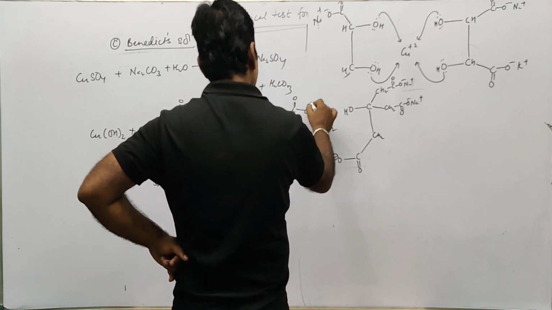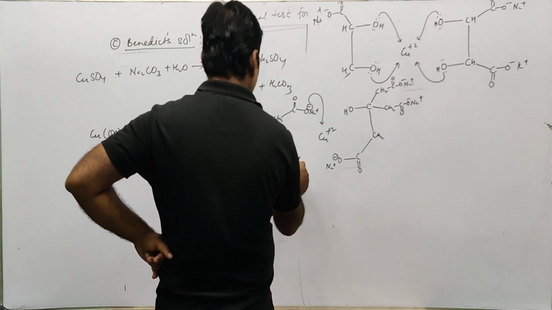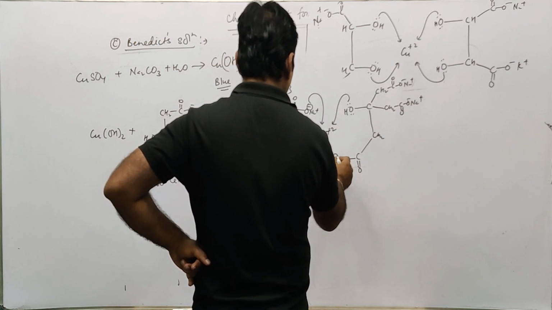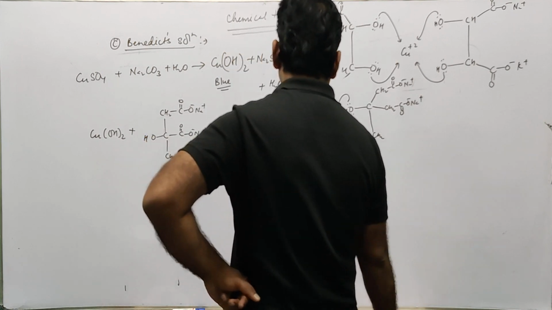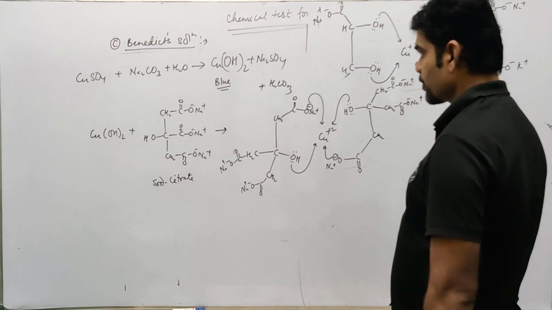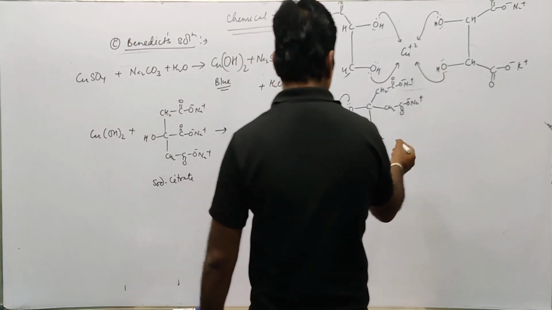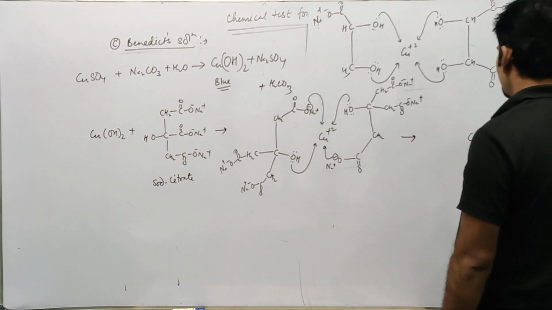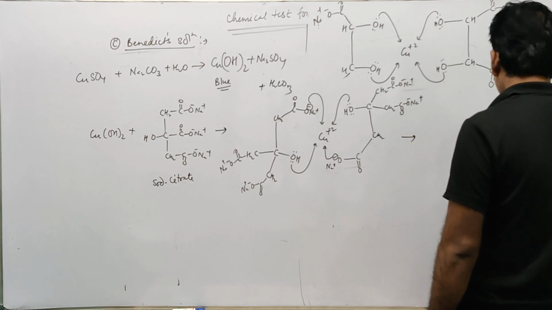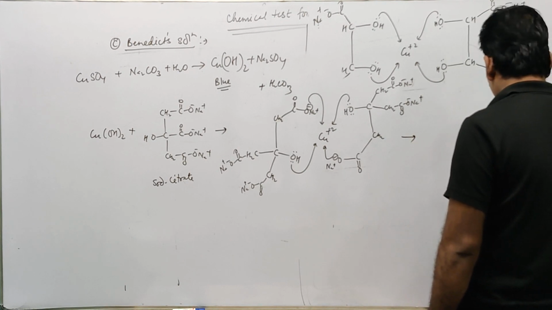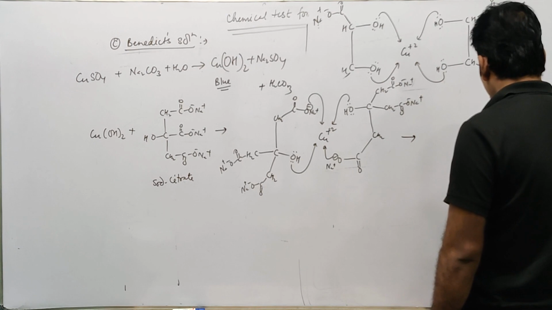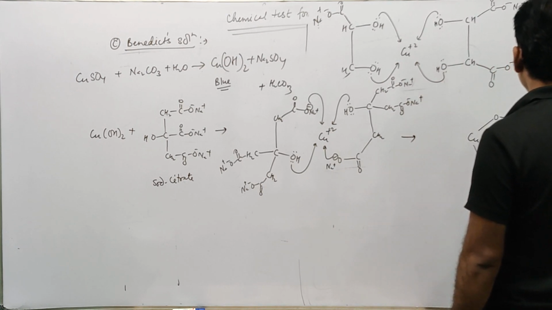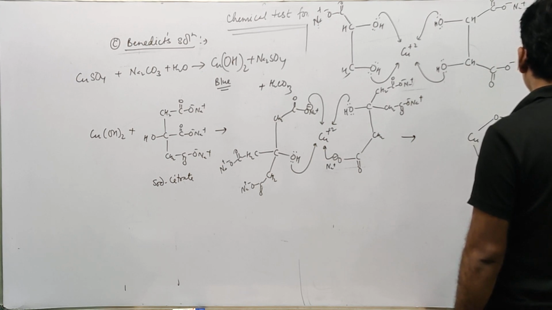So this will be a complex like this. This electron pair is given to this copper 2 plus, and this electron pair is given, and then it forms a complex. Their action is similar to that of Fehling's solution. So copper is attached with this oxygen, this carbon, this CH2, this C double bond O attached like this. Over here CH2CO minus and CH2CO minus.